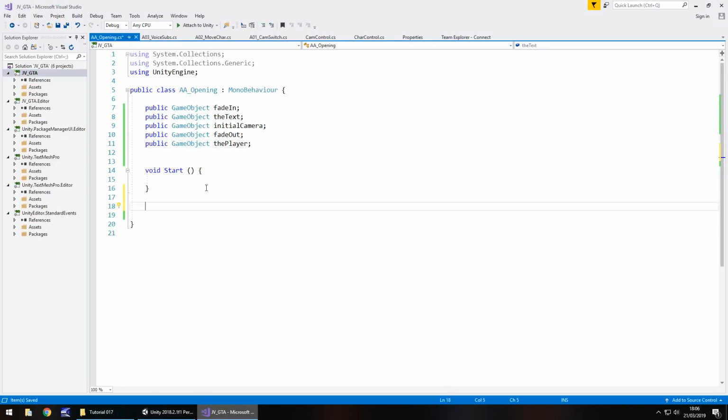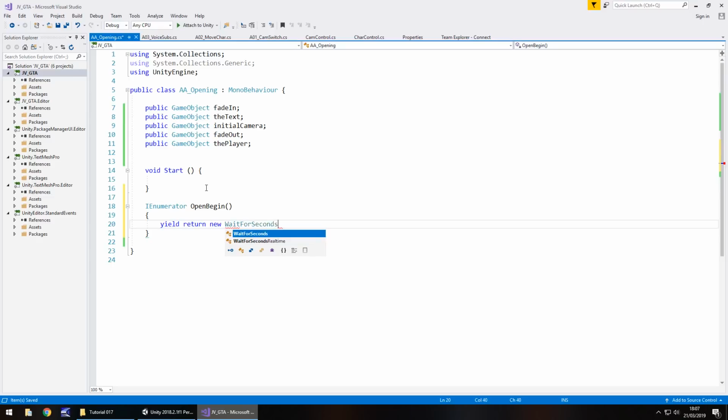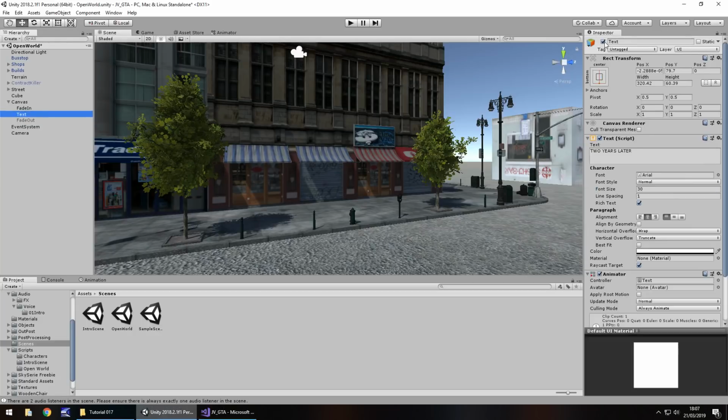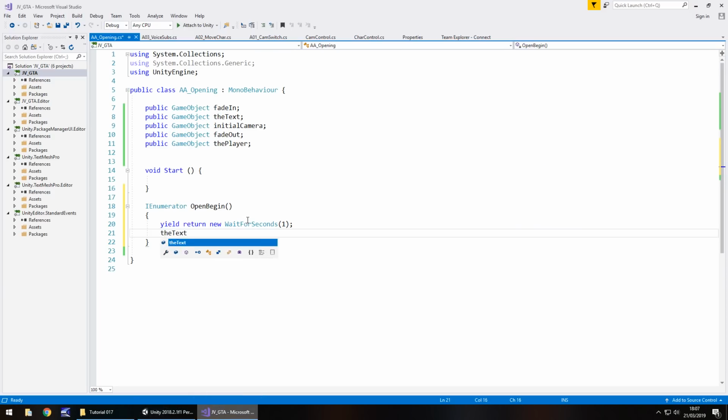And beneath void start, we're going to use a coroutine again because we're controlling a couple of things with time as well. So IEnumerator, and let's call this open begin. Obviously our open world begins here, so we'll call it open begin. Right, so we'll yield return new WaitForSeconds, and we'll just wait for 1 second, and then we'll turn on the text. So if we go to our text object and turn it off up here, it should just be a blank screen when we start. Now, we'll have the text.SetActive(true);